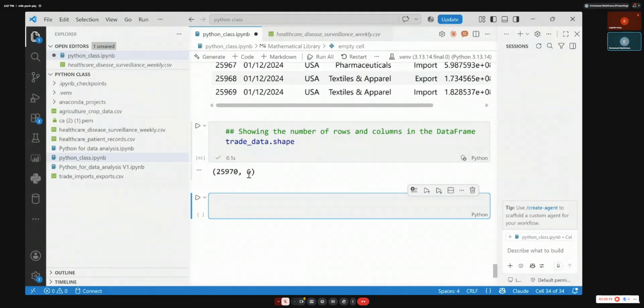Now you see that's the role you have for the code. You give it a comment for what you want and then it gives you code. You don't have to struggle. Life has become much easier. You just write a simple sentence and it will know what you want to code. So we have seen how you can simply get the size, know the number of rows and records or number of columns you have. That's very simple.